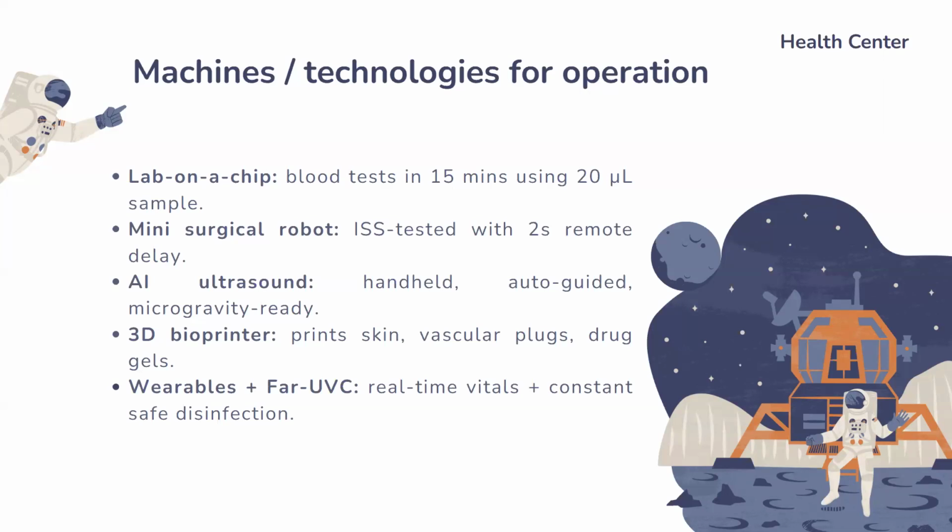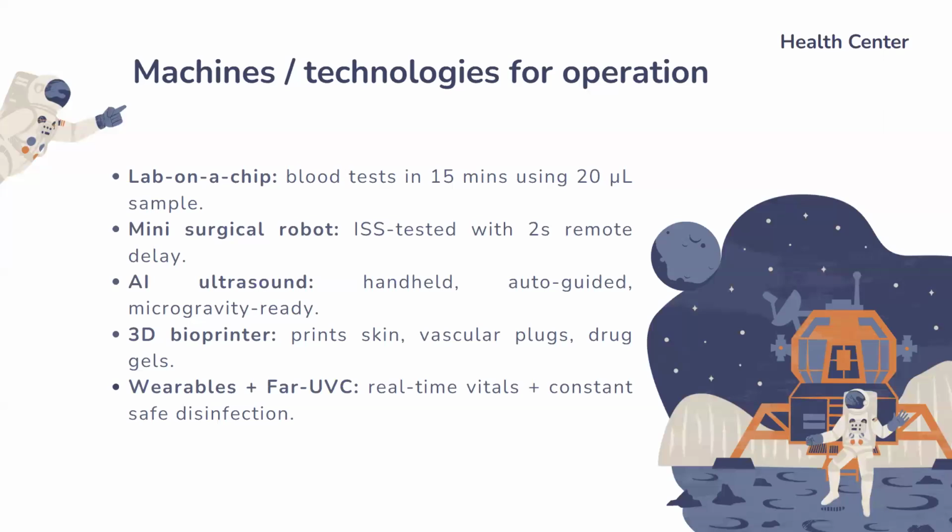Then comes 3D bioprinters. It gives us the technology to capture vascular structures and hydrogel patches. This technology was flown aboard the ISS in multiple experiments, including Redwire Space in 2019 and 2022. The system combines extrusion and stereolithography printing heads, which create both solid and semi-solid biological structures, from skin grafts to slow-release drug matrices.